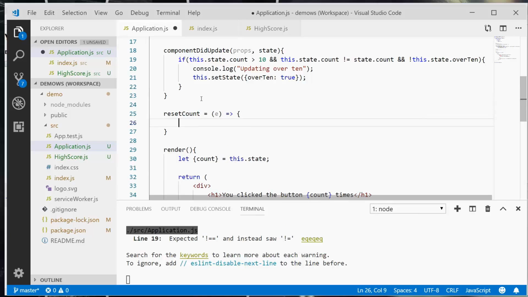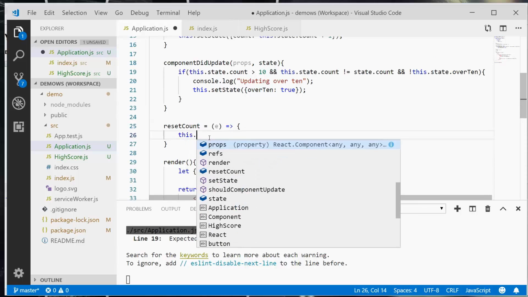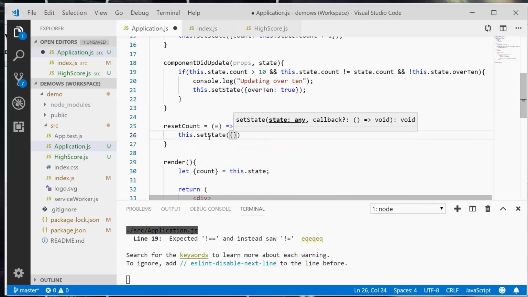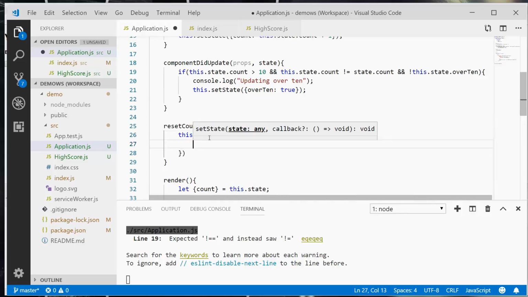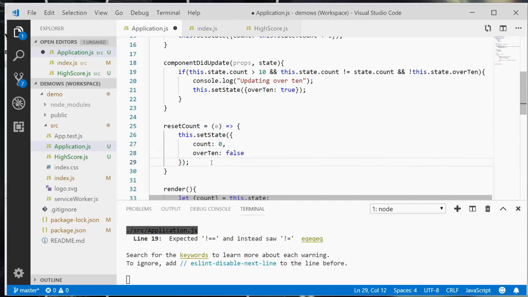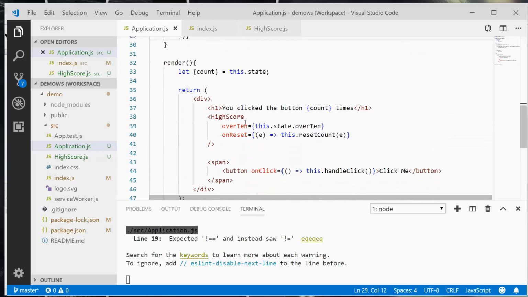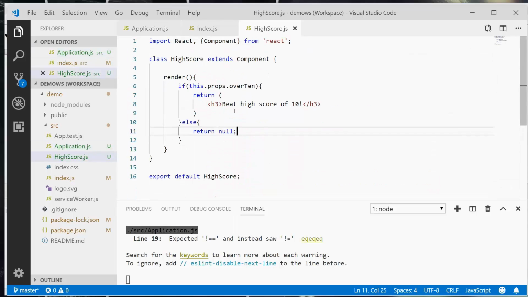And in this method, all I'm going to do is reset the state: this.setState, count is going to be 0 and over10 is going to be false. I'm going to save this, and now that we've passed this property in, we're actually going to need to use